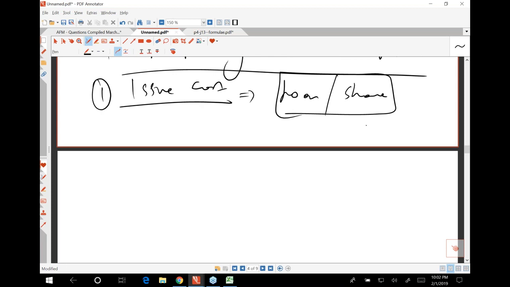I am repeating it again. When we obtain some loan or when we issue some shares, there are generally issue costs that we bear. So when we talk about the issue costs that we bear,